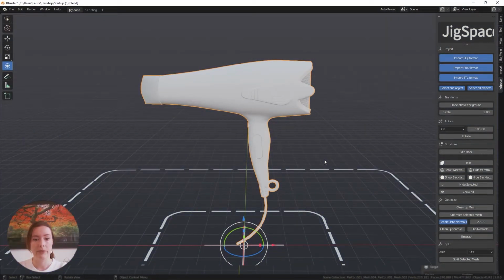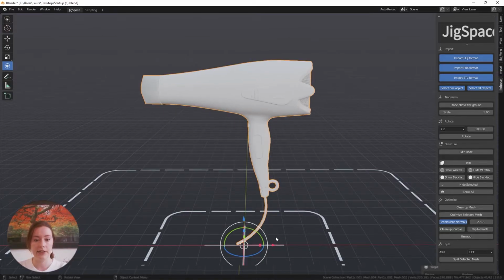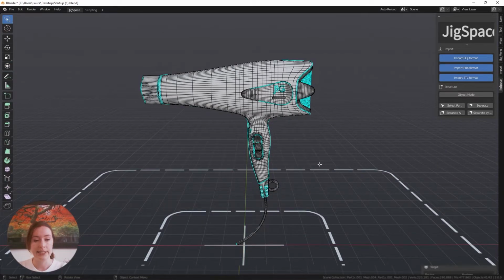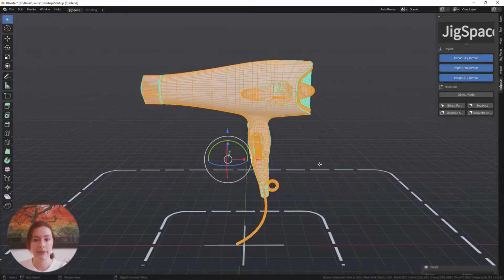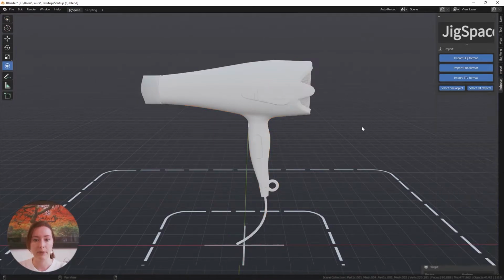Another option we have, when you import your model and you discover that it's fully joined together as a single object, for example, if I move this around, you can see that it acts as one group, is that I can go to edit mode, and if I press A, it'll select the whole object, and we have an option to separate all of the individual meshes in our scene. So if I press this, and I go back to object mode, or I press Tab to go back to object mode,